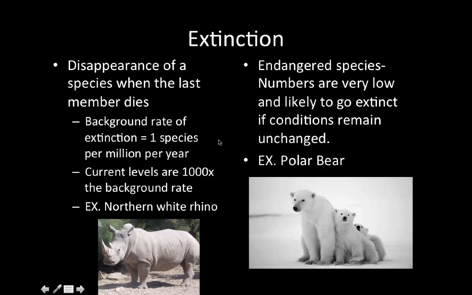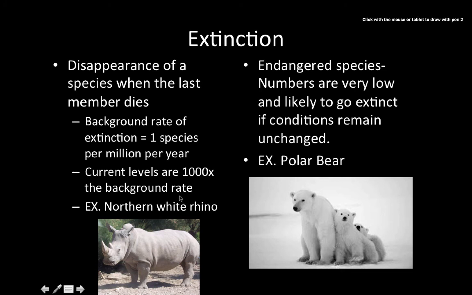Finally, when talking about biodiversity, we can't really discuss that without talking about extinction, which kind of ties into our invasive species. That's one way extinction occurs. But biodiversity can disappear, we can become less diverse because of the things we do on the planet. Humans are a large cause of extinction.